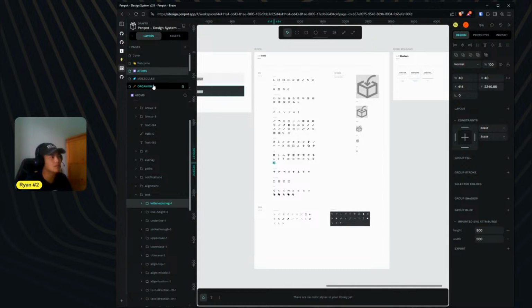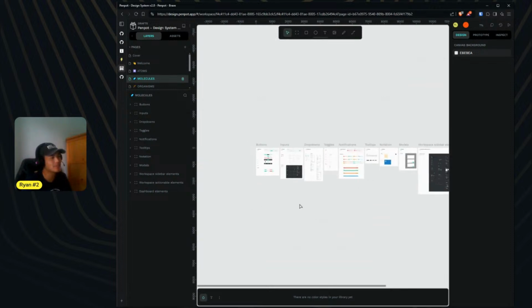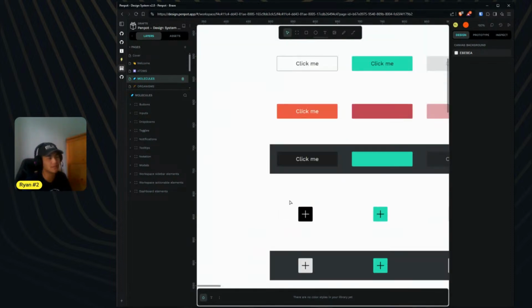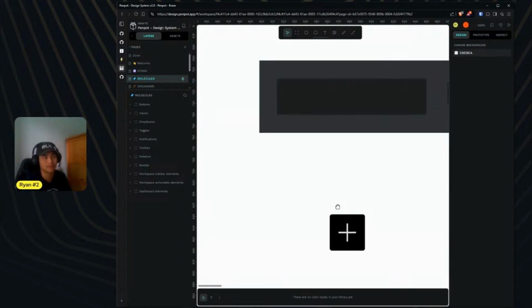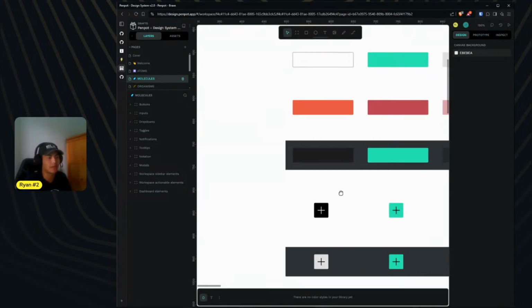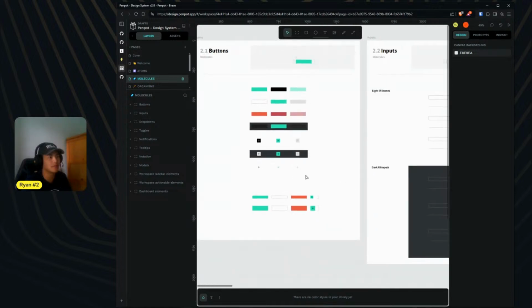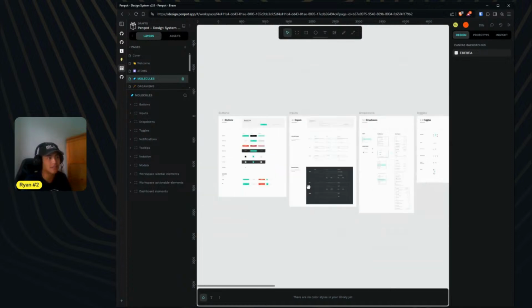Okay. So next up are the molecules. When you put a bunch of atoms together, you get molecules, right? And so the molecules are going to be super reusable components. So these are the things that you would normally use a component framework like React for. So yeah, we got all the buttons, we got the inputs, and then when you start putting these things together,